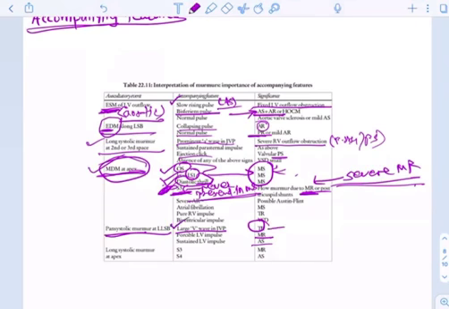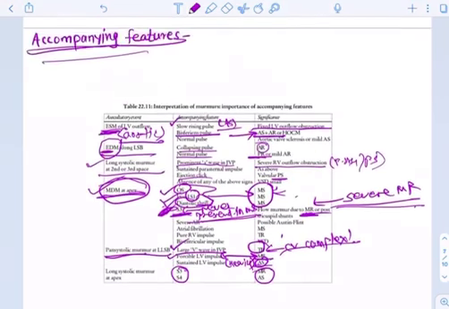It depends on the findings. If there is a large V wave in JVP, meaning a CV complex, as we have seen in the JVP, it will be TR. If there is a forceful and well sustained apex, it will be mitral regurgitation. If the apex is heaving, forceful and well sustained, then it will be aortic stenosis. So this is how we have gone for the differential diagnosis depending on the accompanying features in the murmur. Long systolic murmur at apex, S3, S4, it will be MR or correlate with AS.